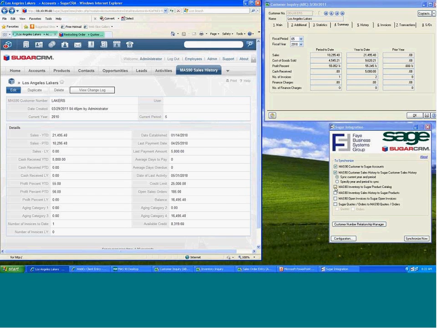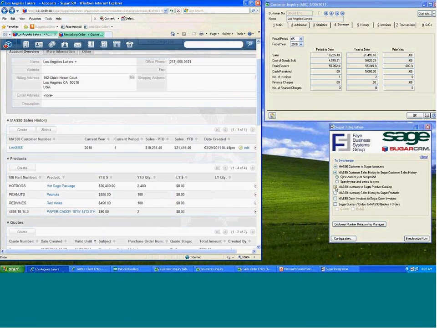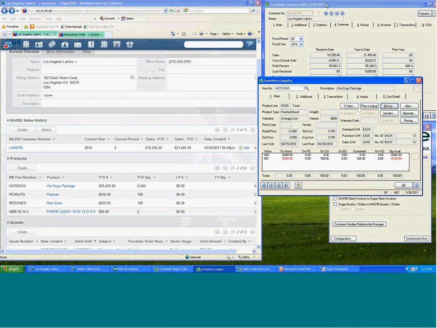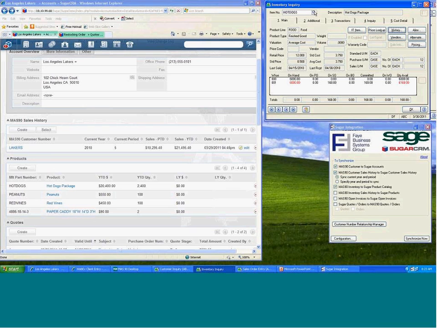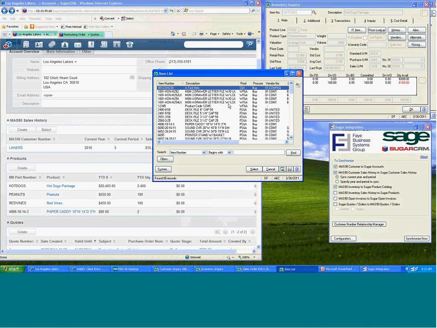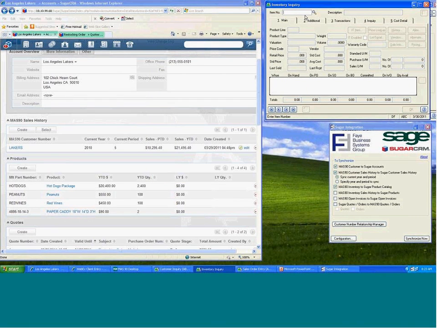90. In addition, you can synchronize the MAS 90 inventory to the Sugar product catalog. So if you take a look at an inventory inquiry screen here on MAS 90, which again for you MAS 90 MAS 200 users looks familiar, it takes all the finished good items on your product list in MAS and moves them into Sugar. And here we'll bring up that again. Hot dogs. We sell a lot of hot dogs to the Lakers, so that's why we're looking at this